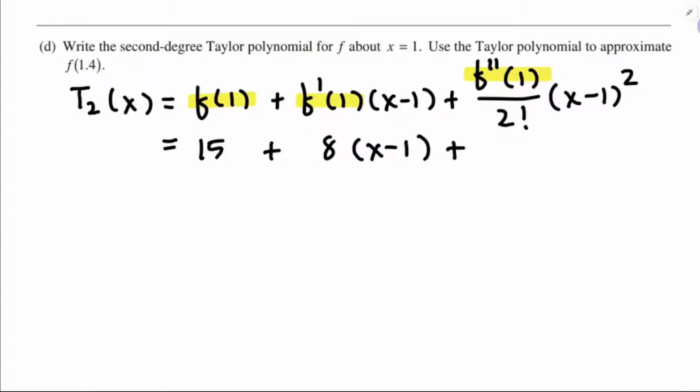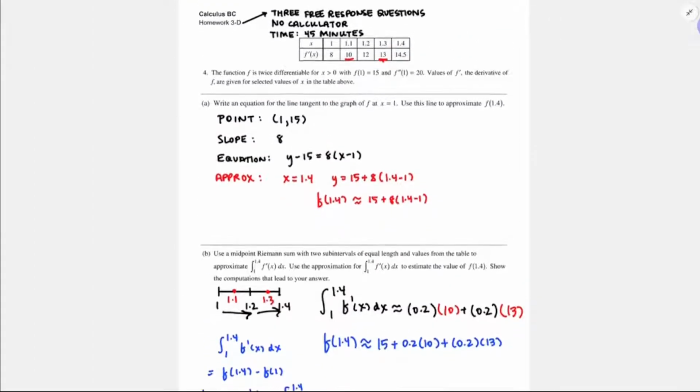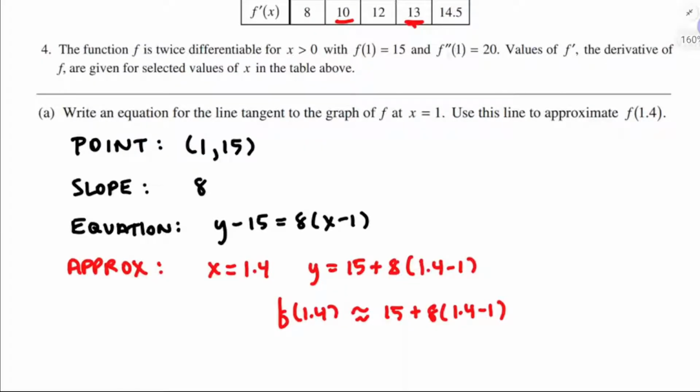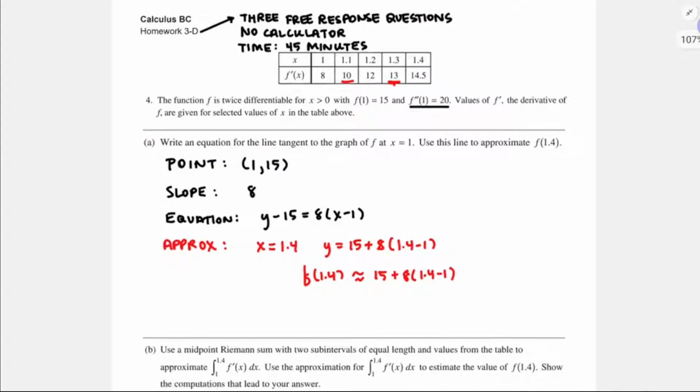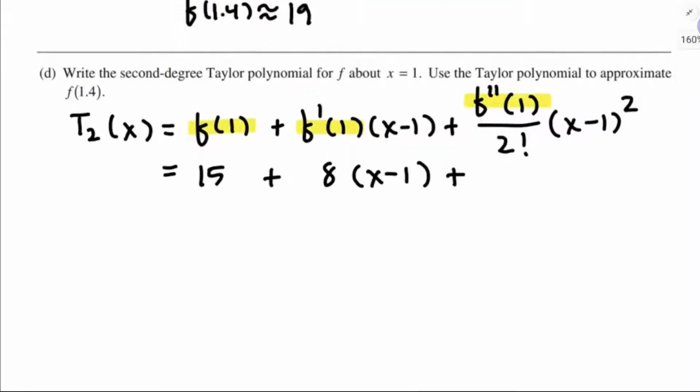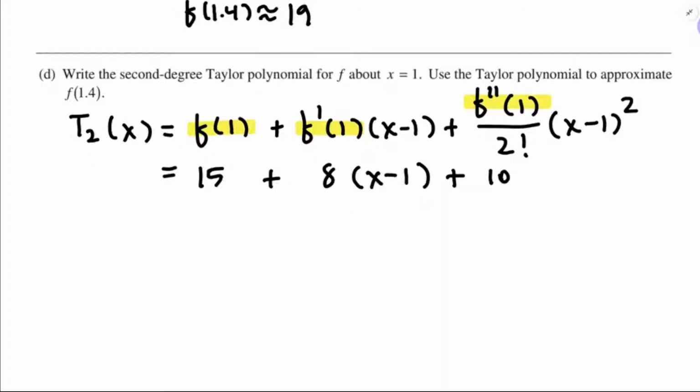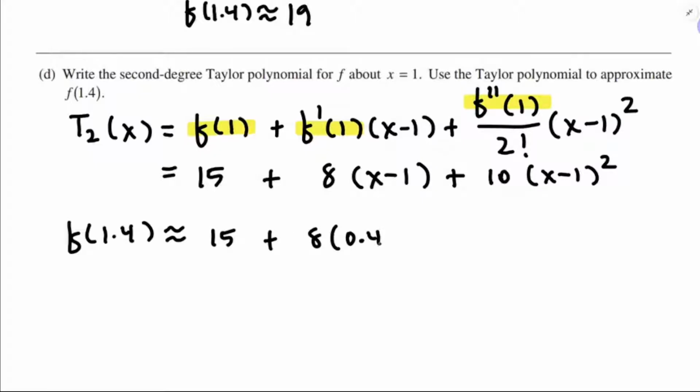I just need to go look up f double prime of 1. They said it, yeah, f double prime of 1 equals 20 right there. So let's say, all right, 20 divided by 2 factorial is going to be 10 times (x minus 1) squared. And so I'd say f of 1.4 is approximately equal to what I would get when I plugged 1.4 into the second Taylor polynomial for f. So that would be 15 and 8 times (1.4 minus 1) plus 10 times (1.4 minus 1) squared, and that'll